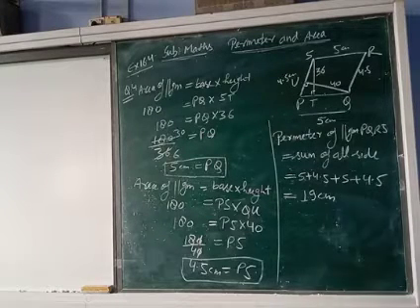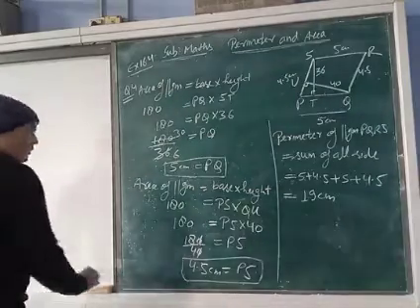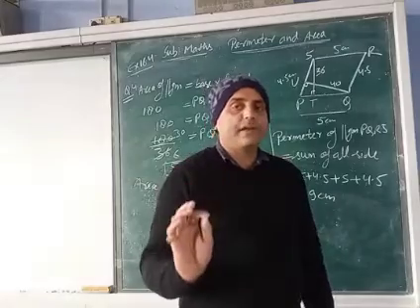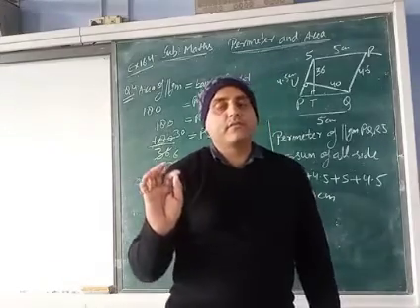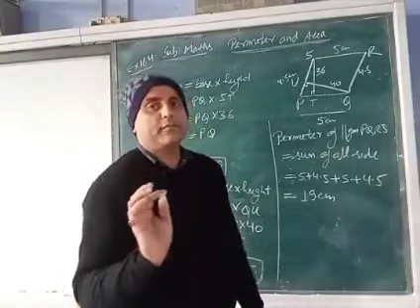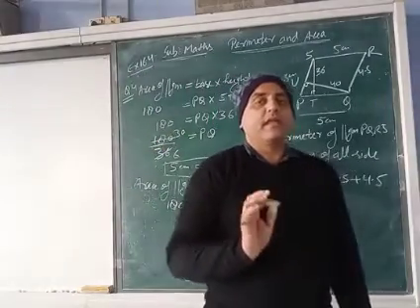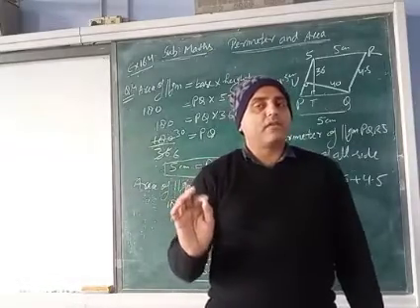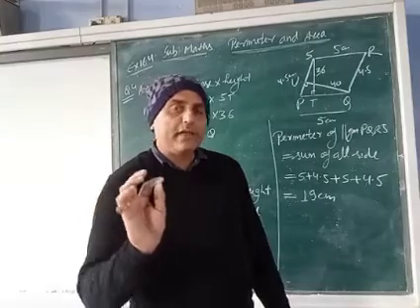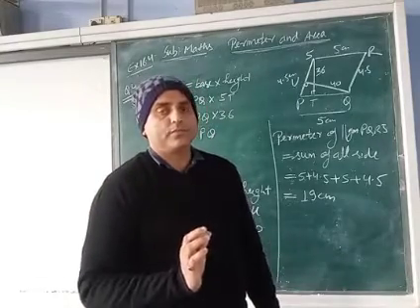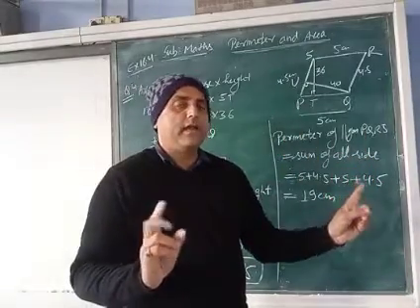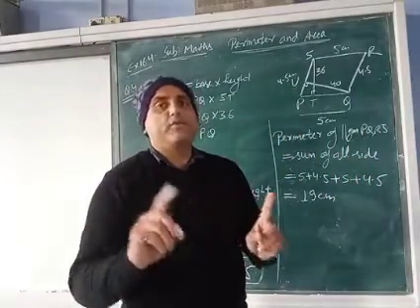Okay. Now write down these two formulas also. So today what will we discuss? First of all, area of parallelogram. Area of parallelogram is base multiplied by altitude, or base multiplied by height. Then area of triangle. What is the area of triangle? 1 by 2 base into height. If you know the area of parallelogram is base into height, then for area of triangle you only have to add 1 by 2. Area of parallelogram is base into height, and area of a triangle is 1 by 2 base into height.